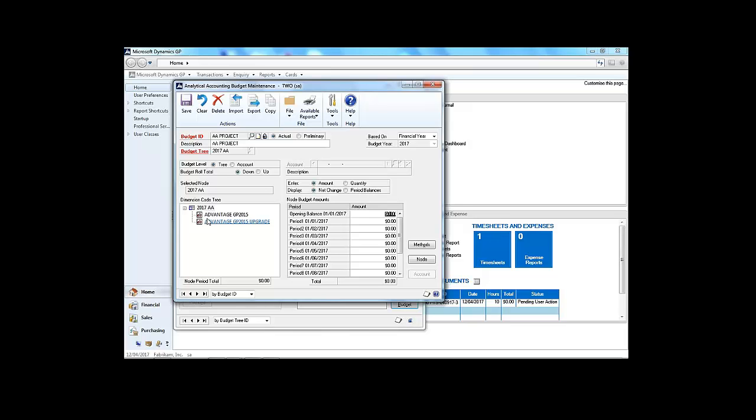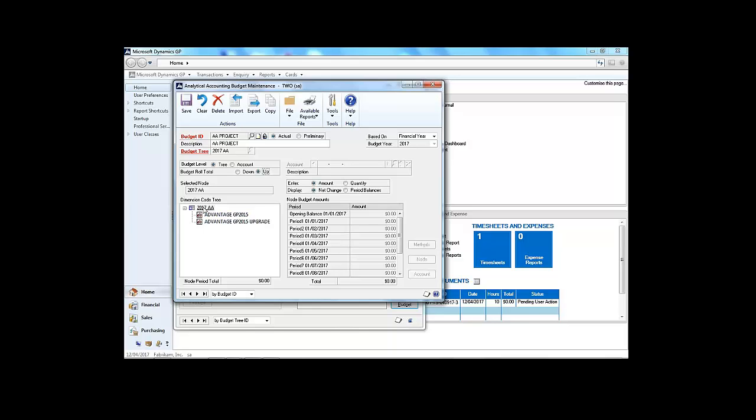Now you have a choice about how you want to deal with the budget. Are you rolling down or are you rolling up? So if you're going to roll down, then you need to be entering a total. So at the tree level, the total would need to be defined, and then when you roll down, the roll down values would be the individual amounts for each project. Or the alternative is to go the other way. So I'm going to say roll up, okay, which means I'll be rolling up the values from these two projects